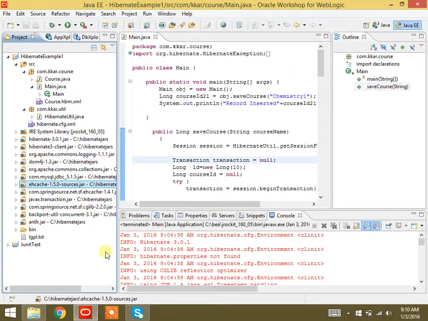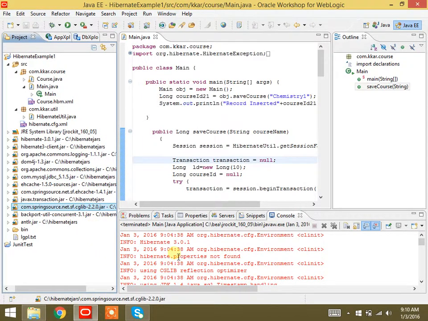That means based on the environment, if the code needs to be adjusted, then CGLib will take care. CGLib, this one: com.springsource.net.sf.cglib. And there is no rule that the jar file name will be like this only.